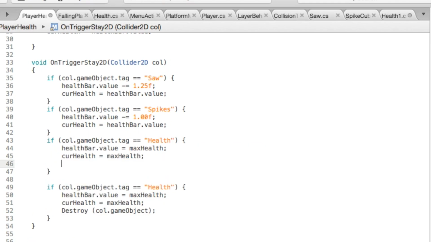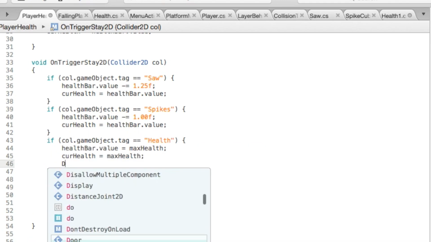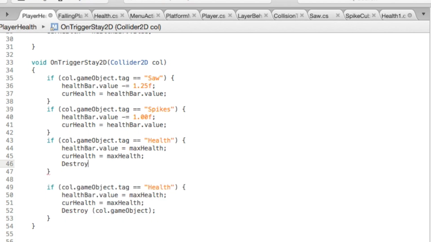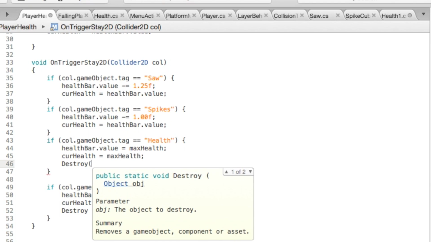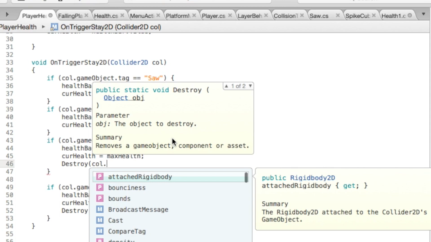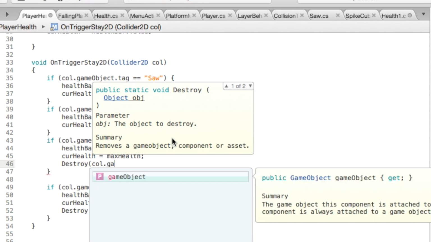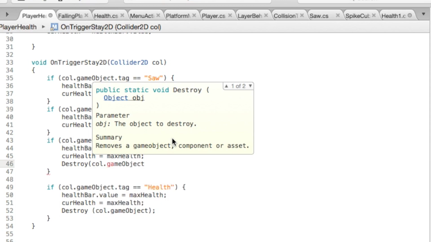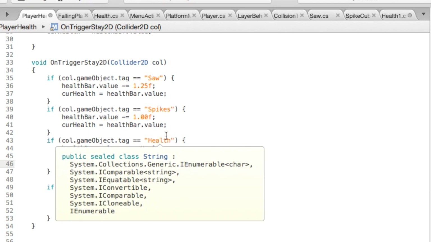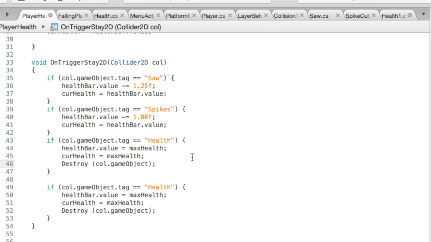And then the last thing, which gets rid of your health bar, is after you collide with it, you want to be able to destroy it. So we're going to go ahead and hit destroy here, and then parentheses, and then col, and then dot game object. So this is on collision, it's going to destroy this game object. And because this is tied right onto the health tag, it's going to destroy just the health tag on collision. Okay, so we've got this set up in here, and we can go ahead and Command S that